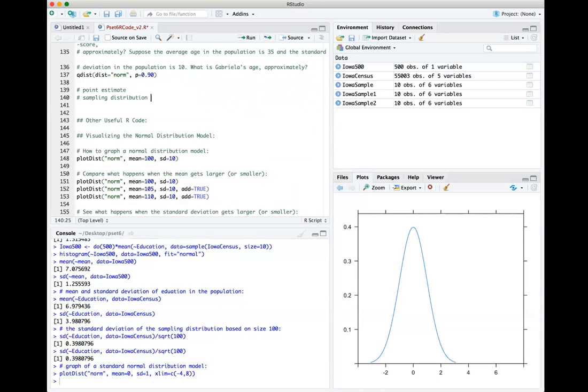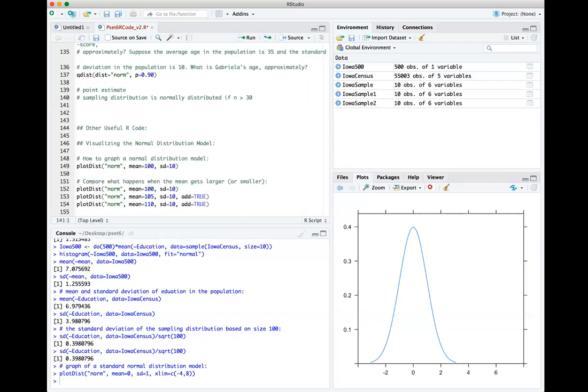And then we showed that it is approximately normally distributed if n is greater than or equal to 30 or so for each sample. Then we talked about the standard error, which is basically your sigma divided by the square root of our sample size,